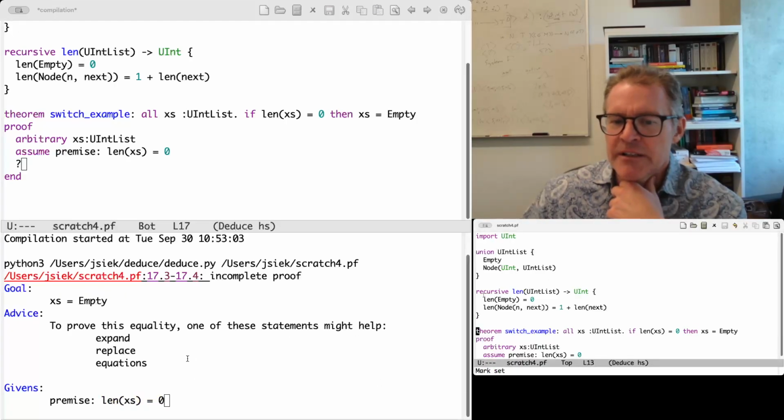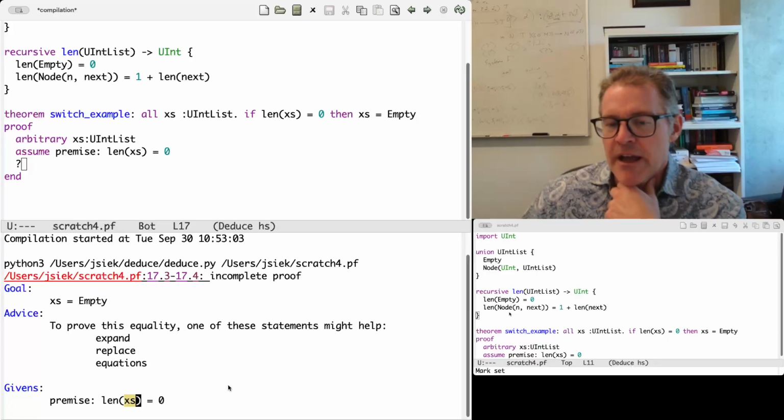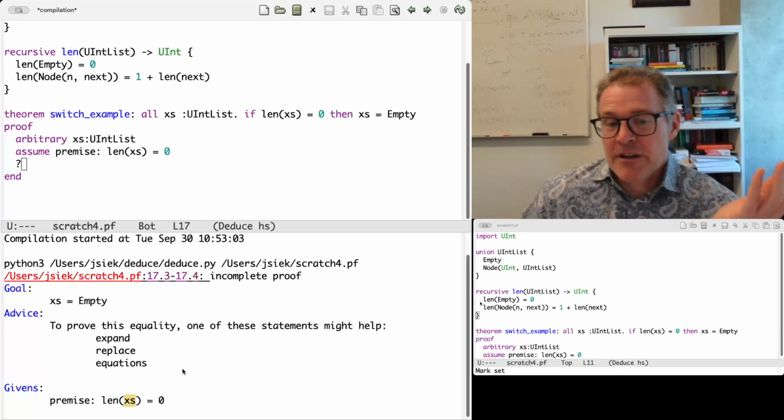But I'm keeping this other window open here with the definition of length. If we want to know whether the length is 0 or 1 plus whatever, we need to know if the argument to length is empty or a node. And over here, we don't know that. It could be a node, could be empty. It's just this arbitrary